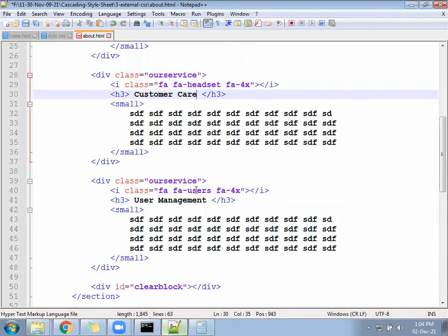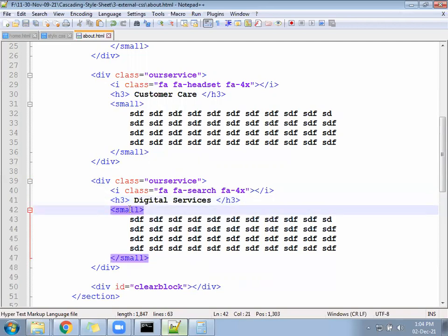Last one you can write FA search. Digital services. Digital services.